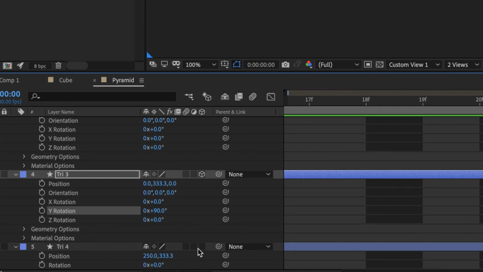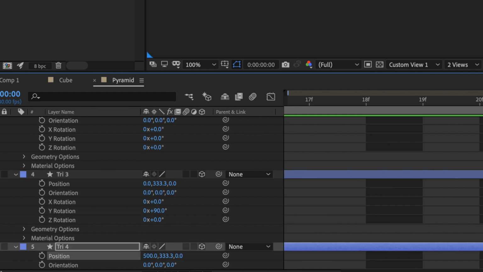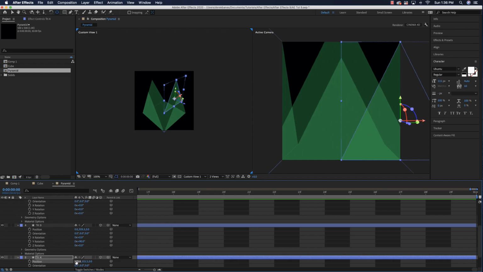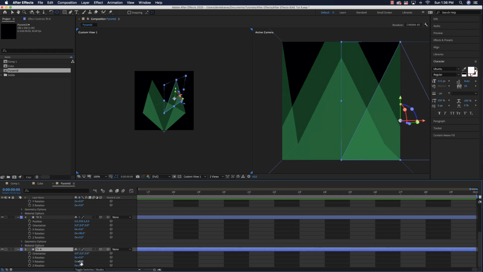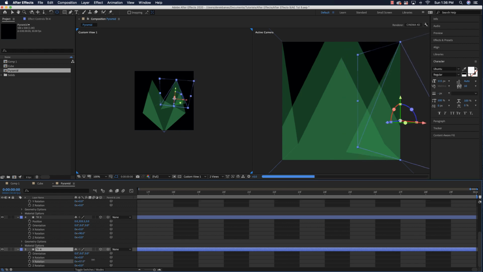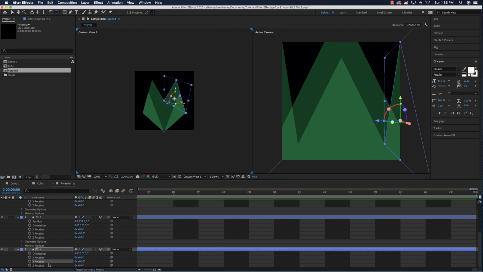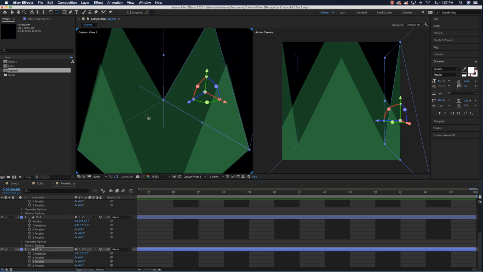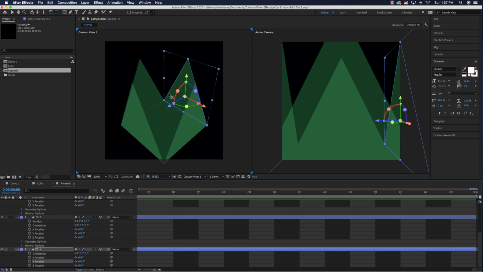I'm going to come in, make it a 3D object again. And then we're going to change this to 500 like that. Looks good. And then just rotate it. So let's just select this and R for rotation. And Y rotation, and again, it's going to be 90. There we are. And then I just need to angle these parts of our pyramid together so that everything meets